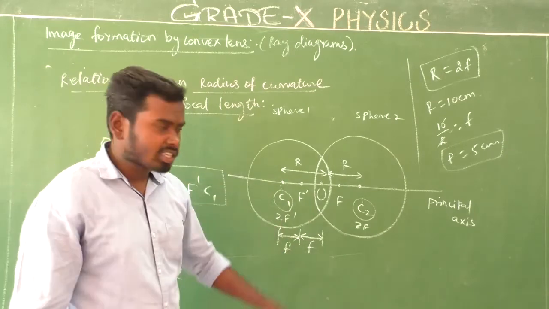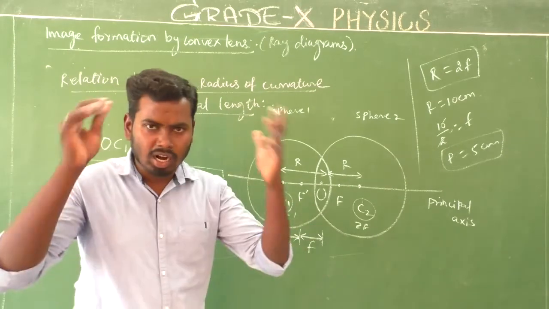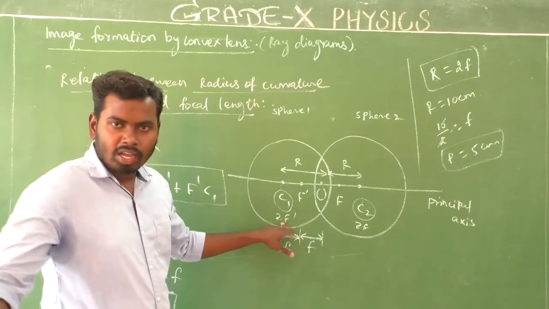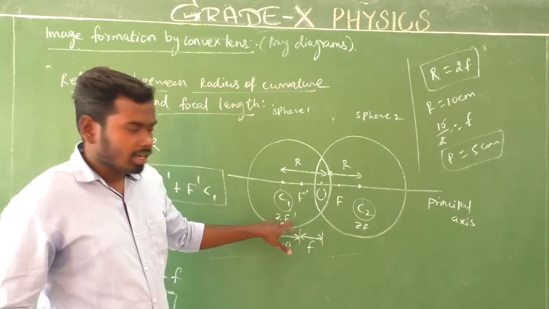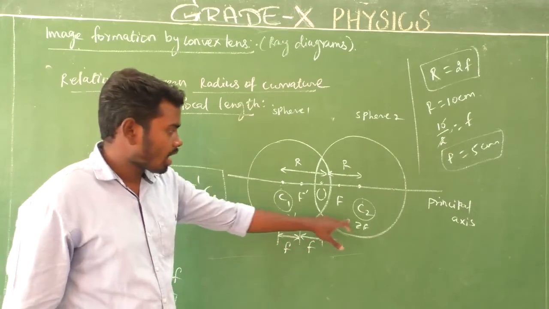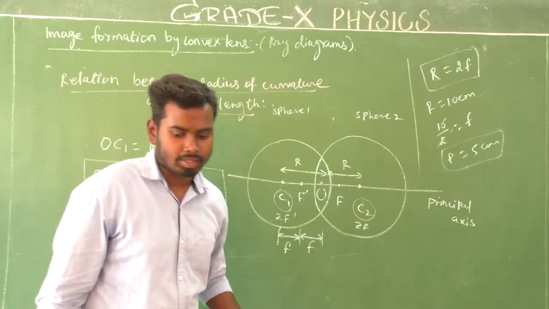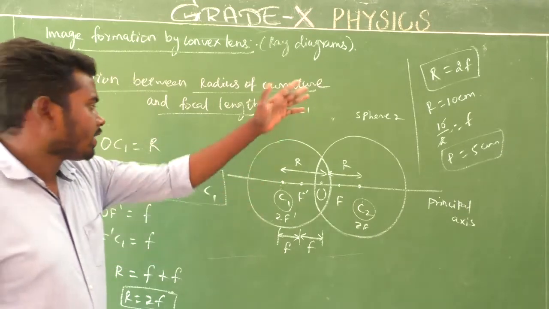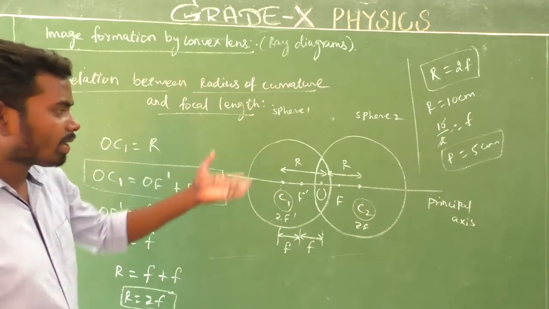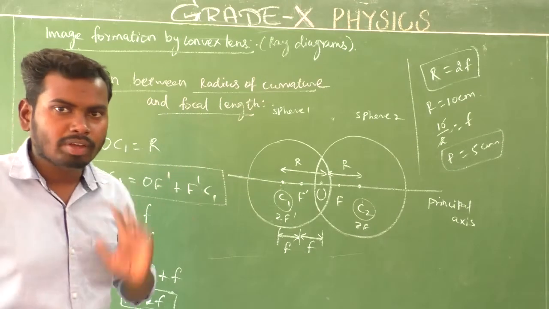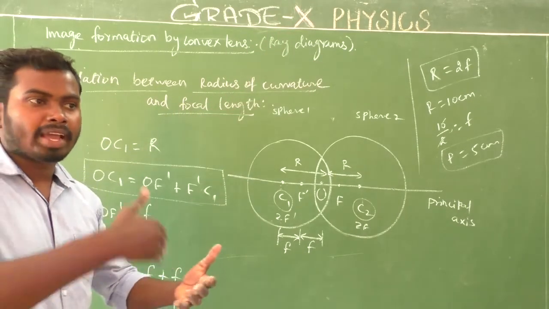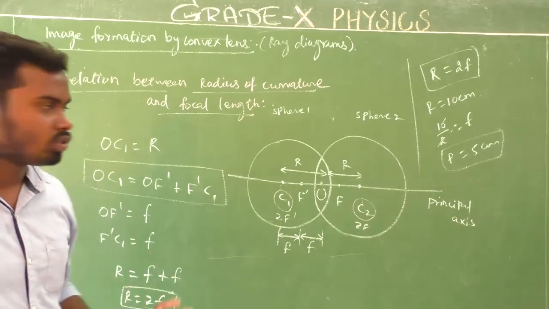If you take center of curvature 1, center of curvature 2, that is not wrong, that is also right. For my convenience, even in our NCERT book they have given 2f dash and 2f. Is that clear? Yes. So keep all these mathematical concepts in your mind. Very simple. With the help of this, we are going to make ray diagrams and image formation. Is it clear? Very simple.